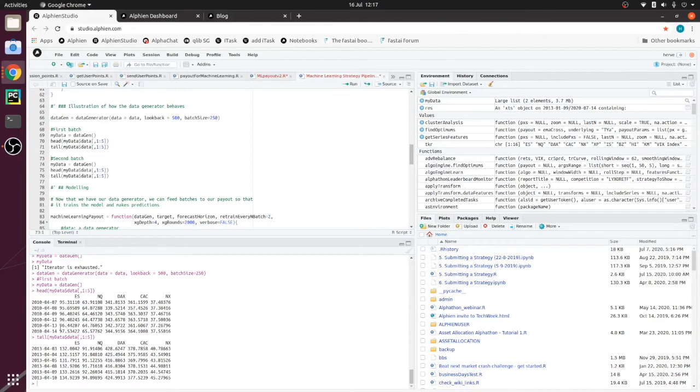So if I were only returning the batch size, I would see 2010 here, and the end of it would be 2011 roughly, of the same month, because it's 1 year roughly. However, this time I am including a lookback of 2 years, 500 business days roughly, and this is included in my batch size. So roughly 250 plus 500, it's 3 years roughly, which is 2010 to 2013. So this is what I expect, and this is because on my first batch, I want to